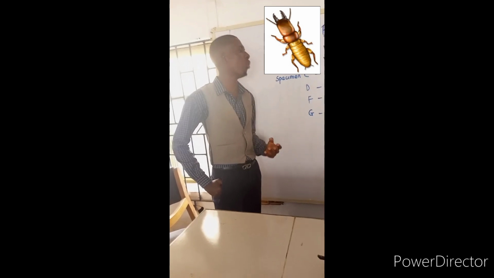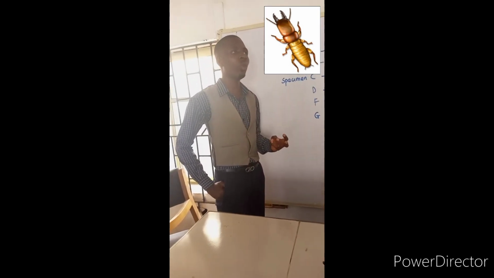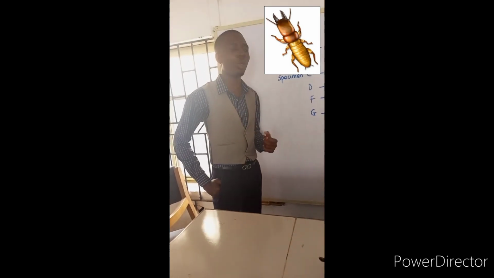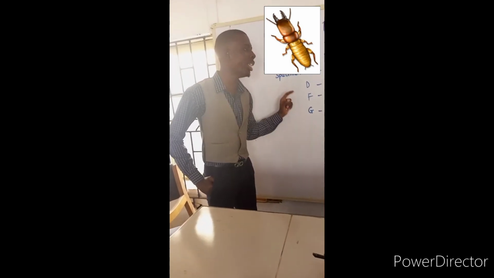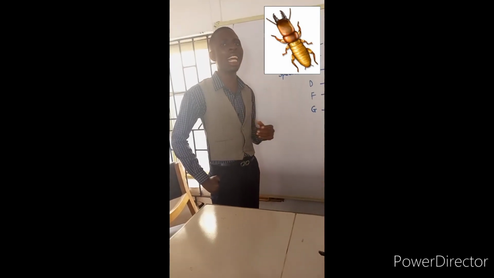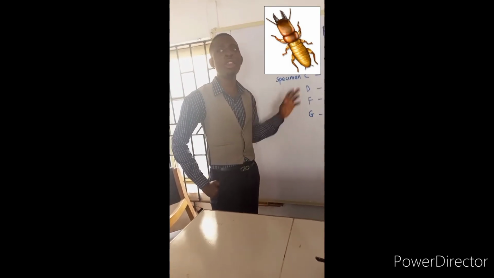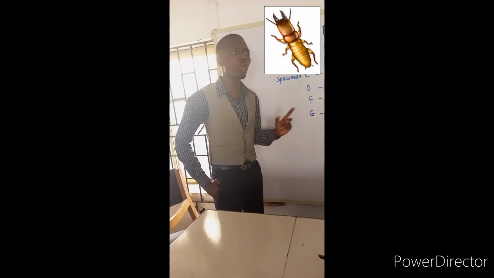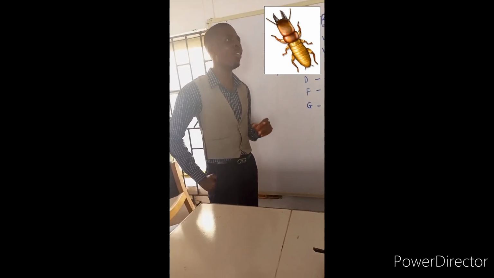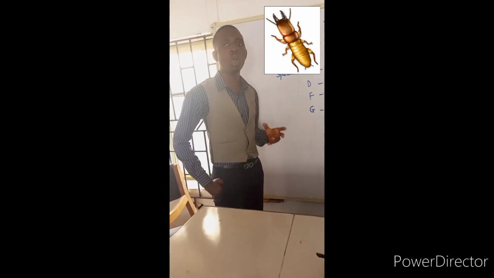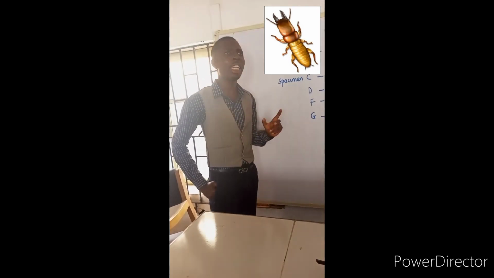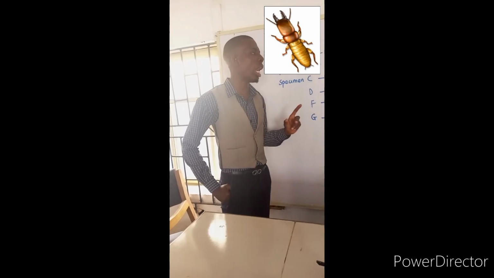And we have different castes of this termite. We have the king, the queen, the winged reproductive, the soldiers, and the worker. But for specimen D, we are looking at the soldier termite. They can ask us what the role of soldier termite is. The function of soldier termite is to protect the colony. Soldier termites are divided into two: the mandibulate and the nasute soldiers. The mandibulate soldiers are those soldiers that possess